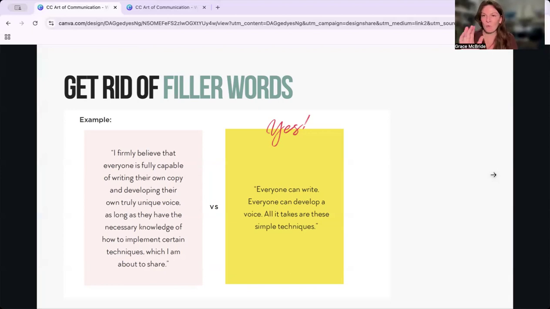Now, a small point here. A lot of us were taught in corporate settings that to be more professional, we should use more words. And to that point, we should use really professional words, really big words. When we are trying to connect with people, big words and too many words gets confusing. And what do we know about confusion? If you confuse, you lose. So get rid of filler words and use words that people say and understand and get.